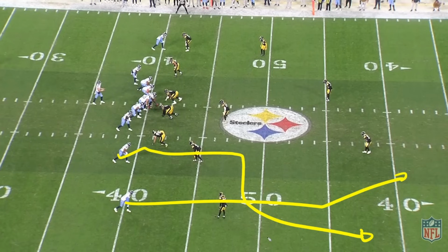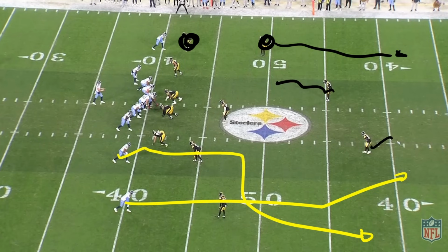So it's not like a traditional post wheel. The other thing you should notice here is that 10, Hopkins, is up here. He's getting essentially doubled. They're bringing the safety down as well here. We're playing what I would classify as some iteration of 3 backer. Well, versus this type of coverage, the only way that you're ever going to be able to keep up with